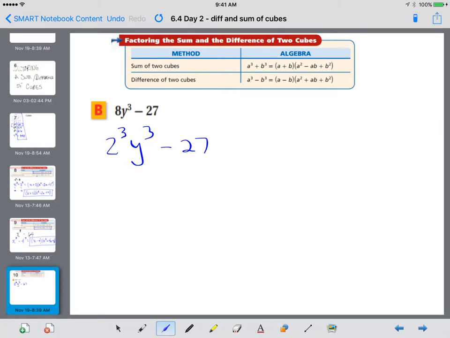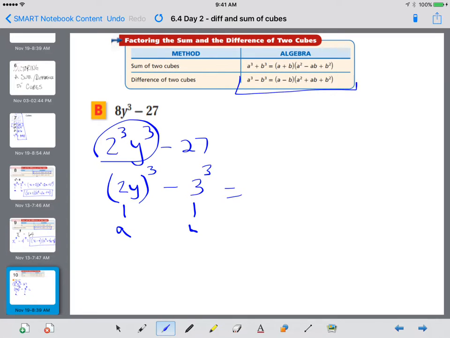Now there's a property of exponents here that says we can write 2y in parentheses, raise it to the third power. It is the equivalent of 2 to the third times y to the third. But now we have 2y to the third, that's for our a, minus 27. 27 was 3 to the third. So now my a is 2y and my b is 3. And we have a difference of cubes, so this is going to be 2y minus 3